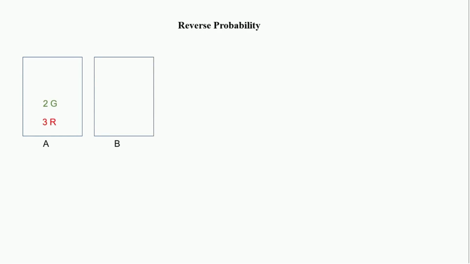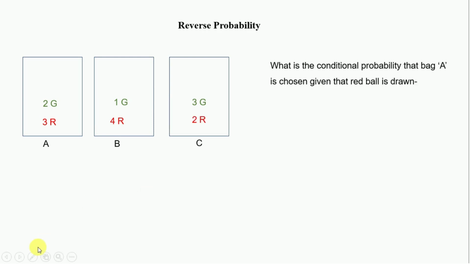Let's see how we will solve it. Again, there is a bag A and inside that we have 2 green balls and 3 red balls, and we have bag B and inside that we have 1 green ball and 4 red balls, and we have bag C and inside that we have 3 green balls and 2 red balls. Now the question here is, what is the conditional probability that bag A is chosen given that a red ball is